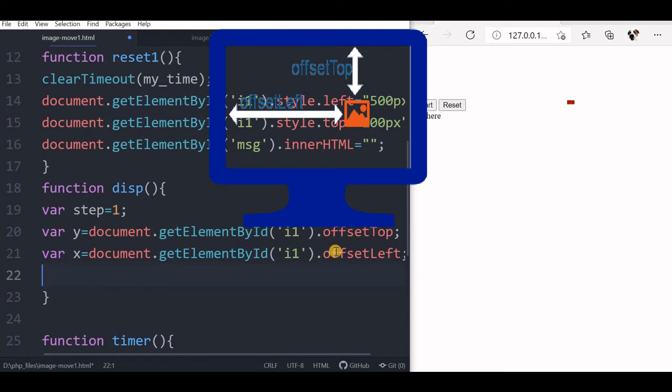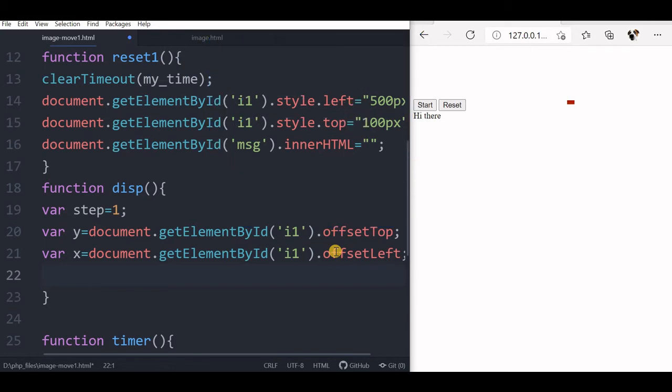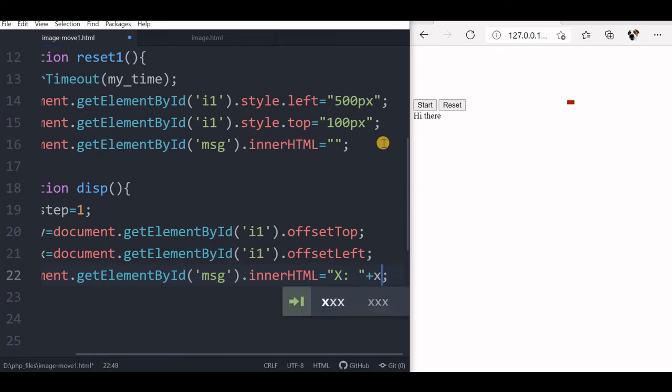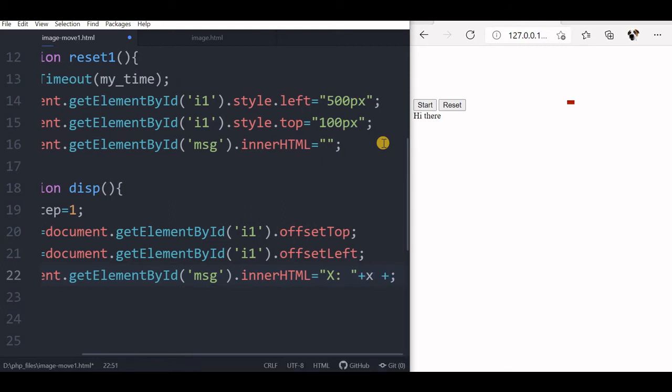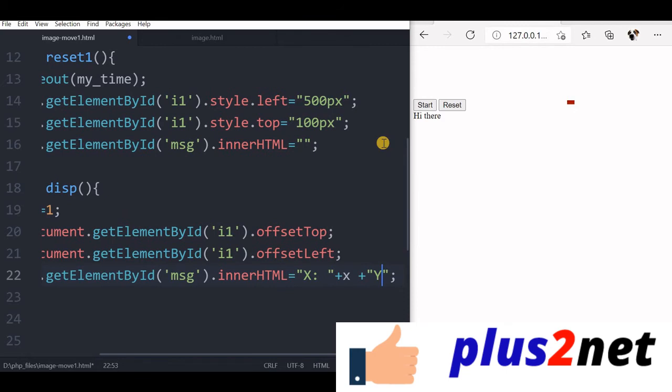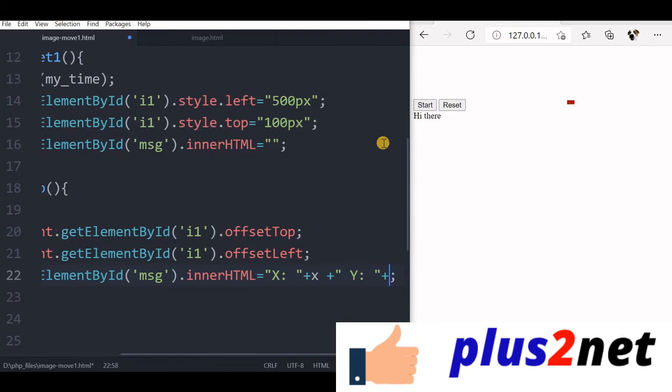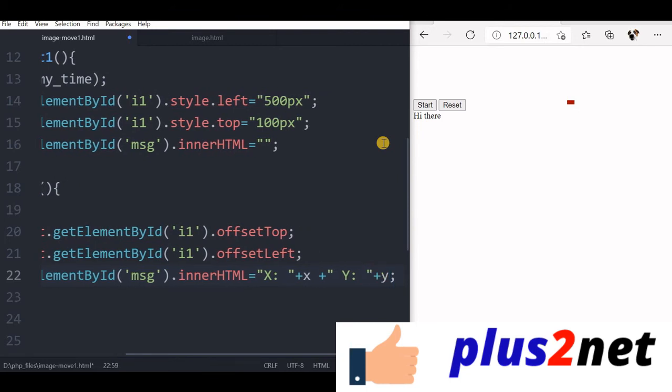So now this line I will copy it. Now I want that this x and y value to be displayed there. So I'll say innerHTML equal to, inside that x, slightly space I'll give, plus, now I'll say x, now again plus, I will say y value plus y. So that's all.